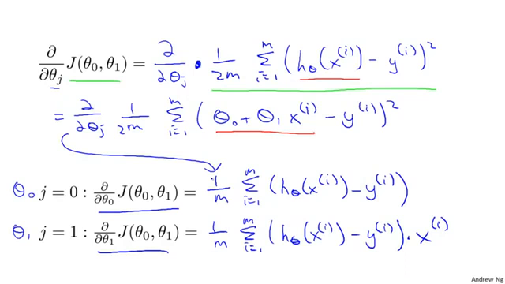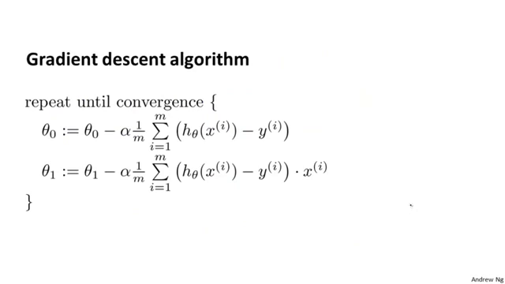But if you are less familiar with calculus, don't worry about it, and it's fine to just take these equations that we worked out. You won't need to know calculus or anything like that in order to do the homework or to implement gradient descent and get that to work. But armed with these definitions, or armed with what we worked out to be the derivatives, which is really just the slope of the cost function J, we can now plug them back into our gradient descent algorithm. So here's gradient descent for linear regression. We're just going to repeat until convergence. Theta 0 and theta 1 get updated as this thing minus alpha times the derivative term. So this term here,